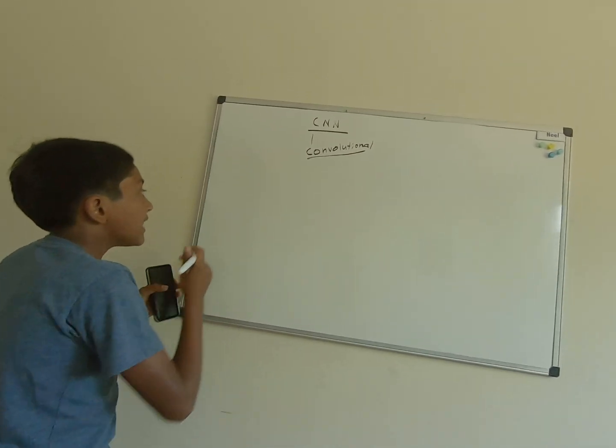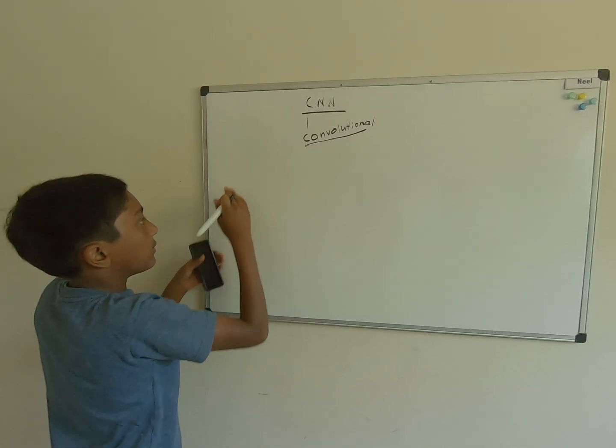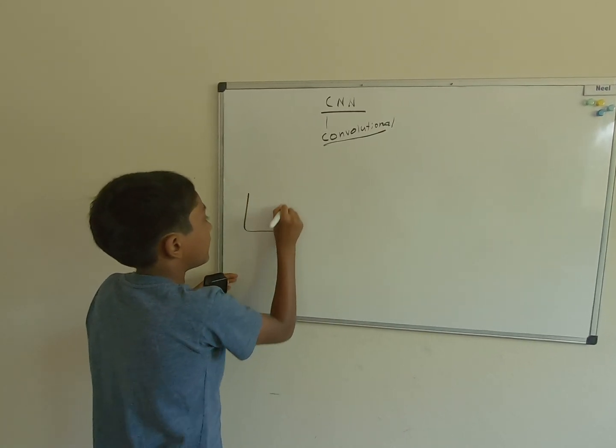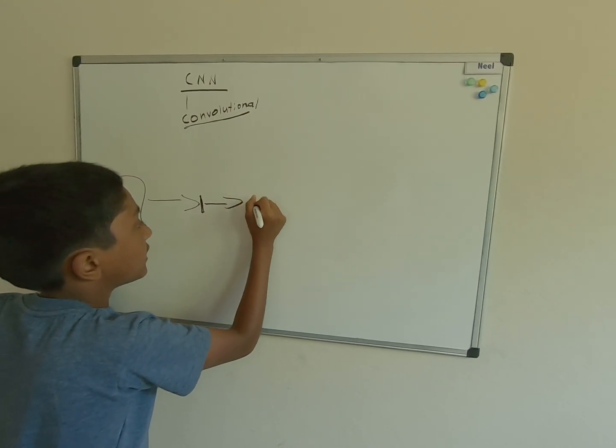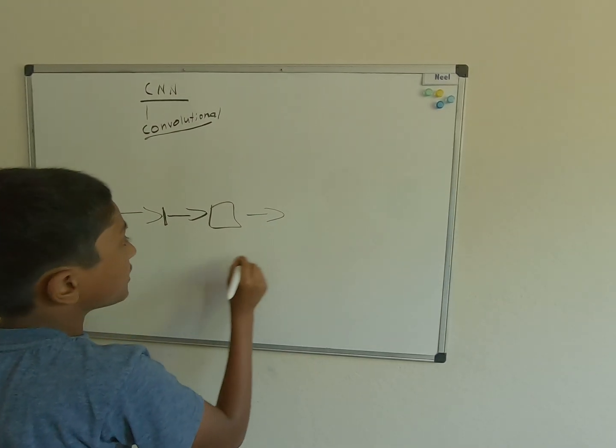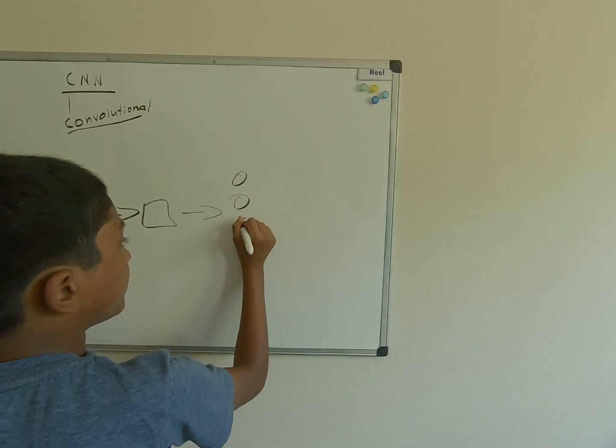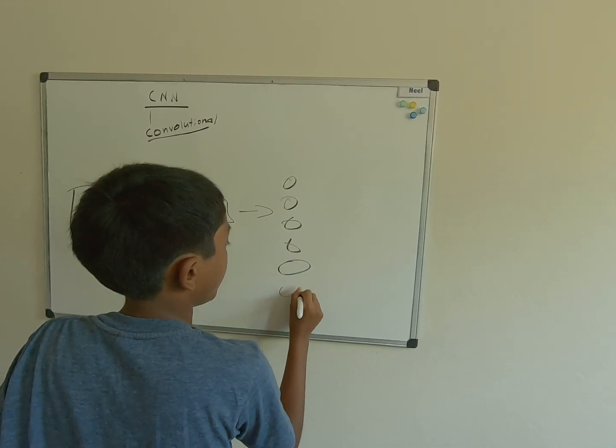So what a CNN basically is, the main idea is you have this, you put it through a bunch of processing layers, you process it a bunch, and then you put it into your 10